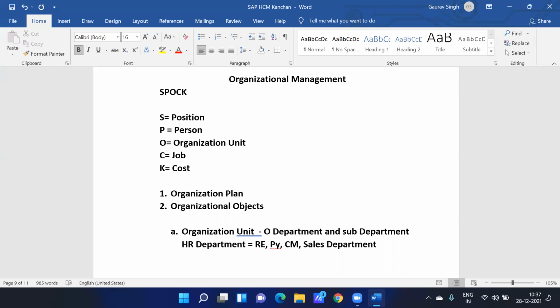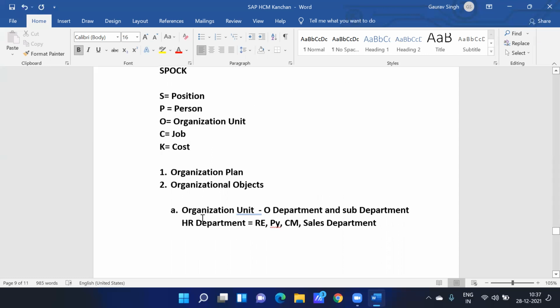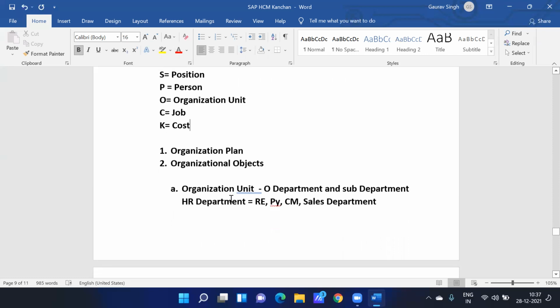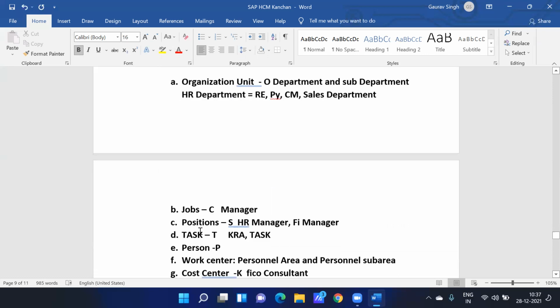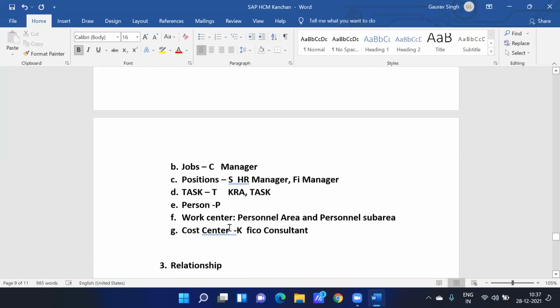So what we are doing is creating the organization object, the organization structure. In this, we have to create organizational unit, job, position, tasks, person, work center, cost center, and all.